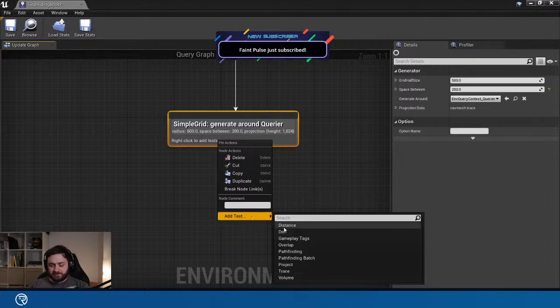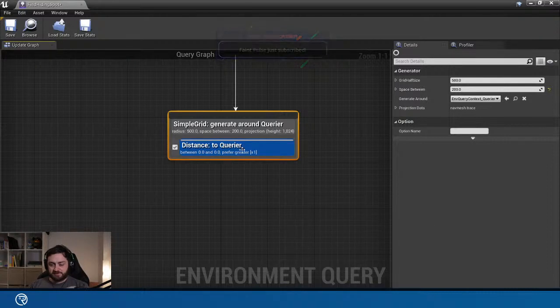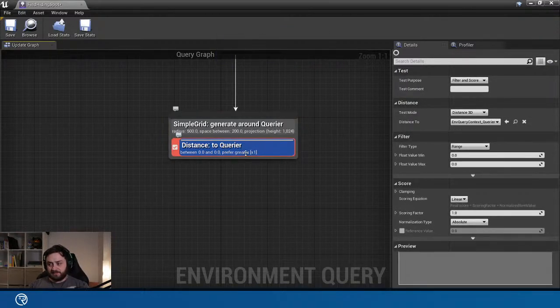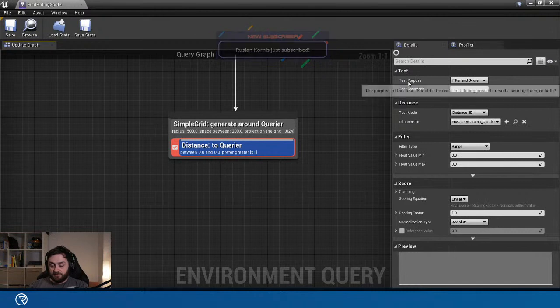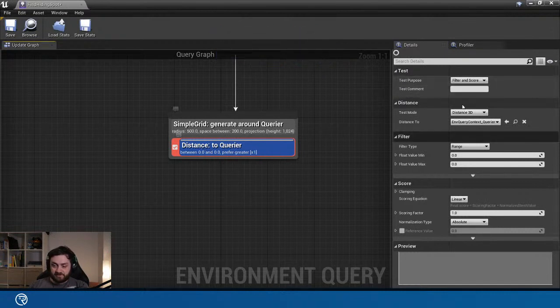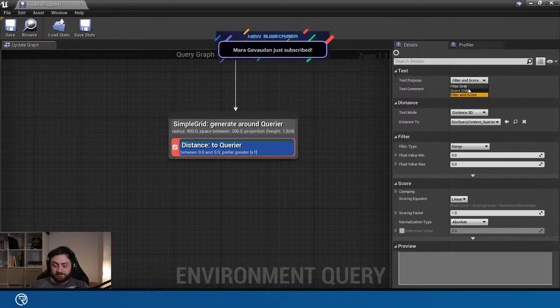Next, we're going to add distance. I'm going to go to distance first of all. What distance does is filter and/or score based on our distance from each point to the querier, because by default it's to the querier. If you go to the right-hand side with it selected, you'll see the test purpose: filter and score. You've got three options here: filter only, score only,